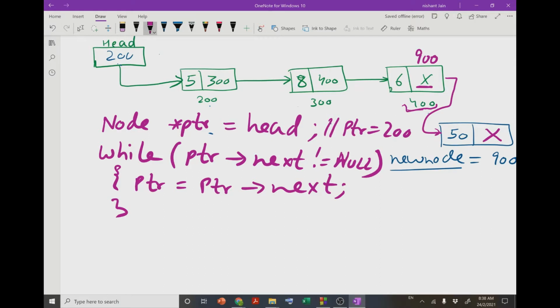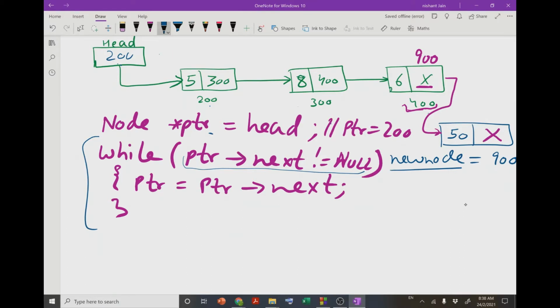This code is going to keep on updating the value of PTR until this condition remains true. And as soon as it becomes false, that is, as soon as the value of PTR next becomes null, it will come out of the loop.